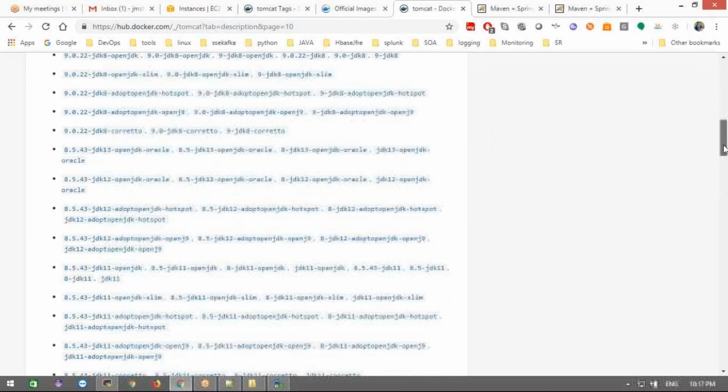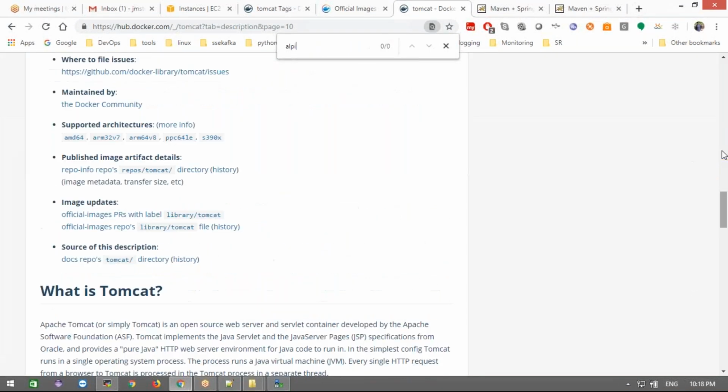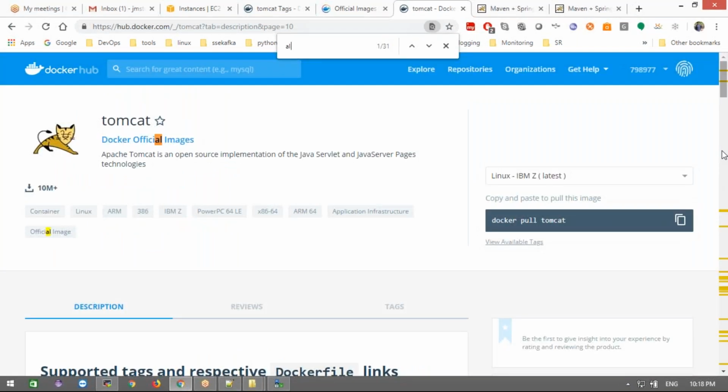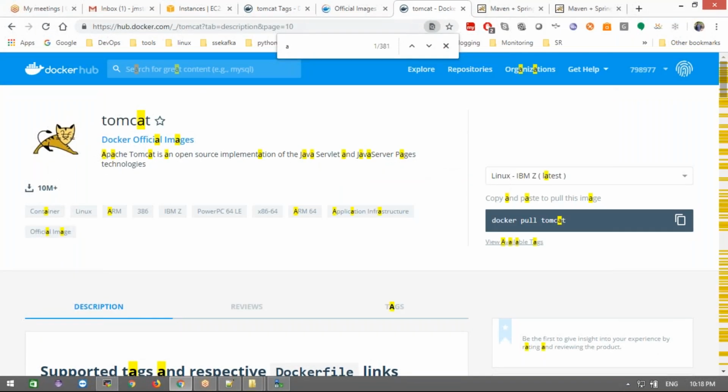Let's try with a different alpine. Why? There is no alpine.